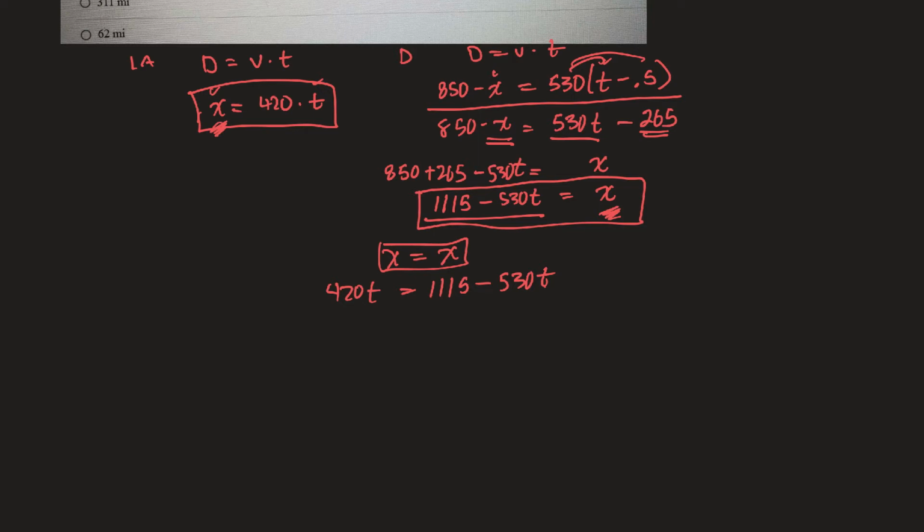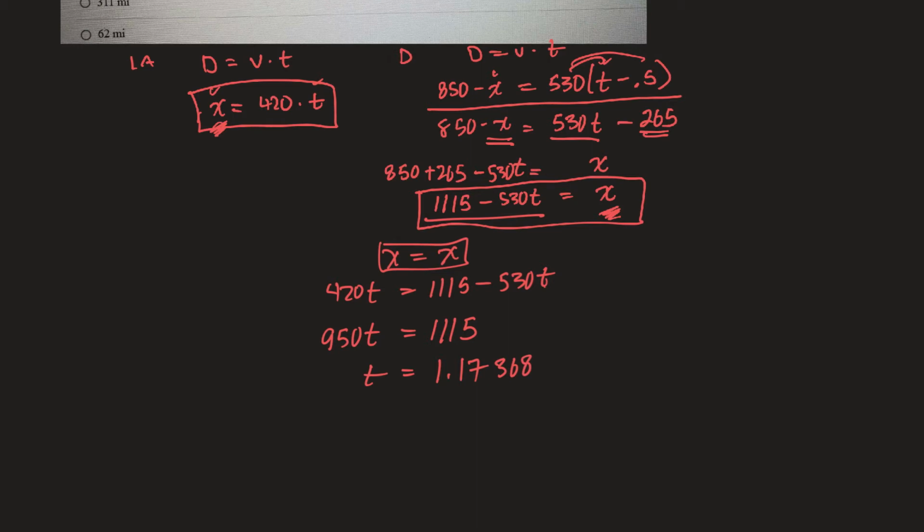So let's add 530t to both sides. So that would give me 950t on this side is equal to 1115. Dividing both sides by 950. Let me see what that gives me on my calculator. 1115 divided by 950 gives me 1.17368-ish. So that's the time